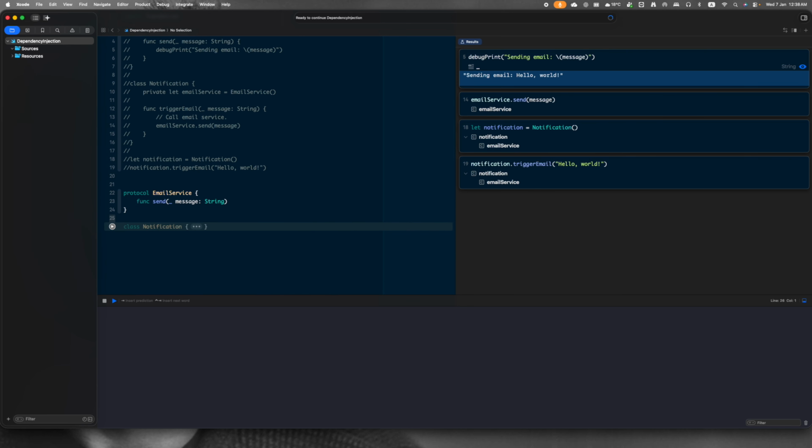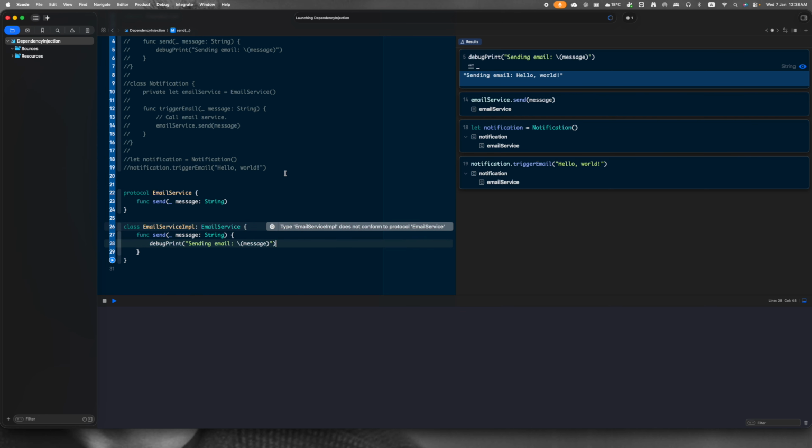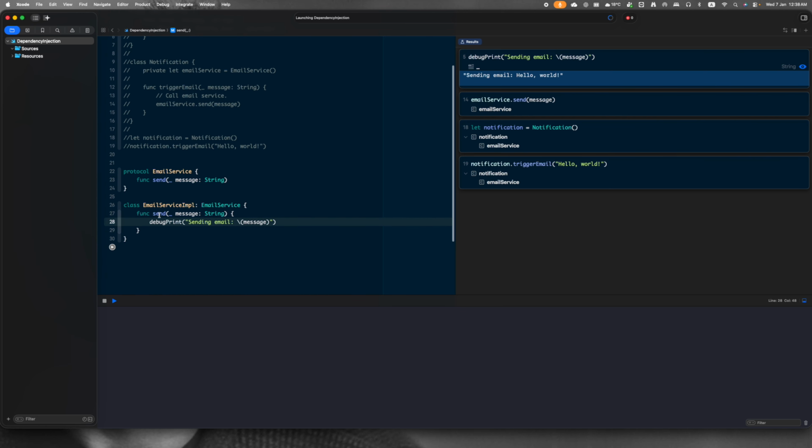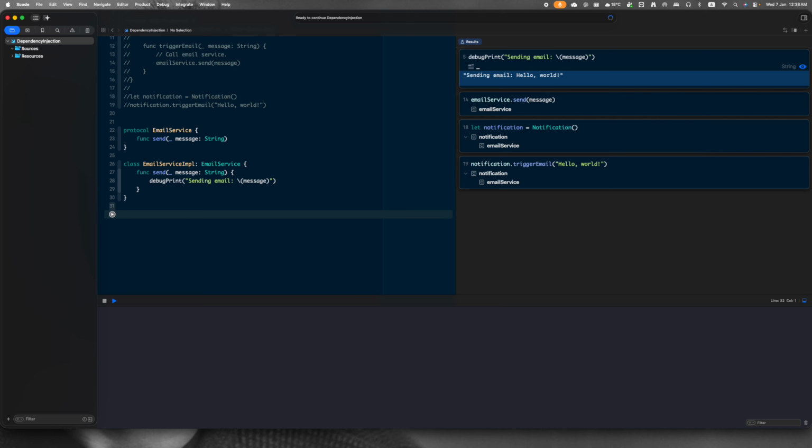Now we actually need the implementation. We have to implement this somewhere, right? So class EmailServiceImplementation, which implements this EmailService. And obviously it's going to have the send with this message, and it's just going to send this. Now, what I'm going to do is create a class called